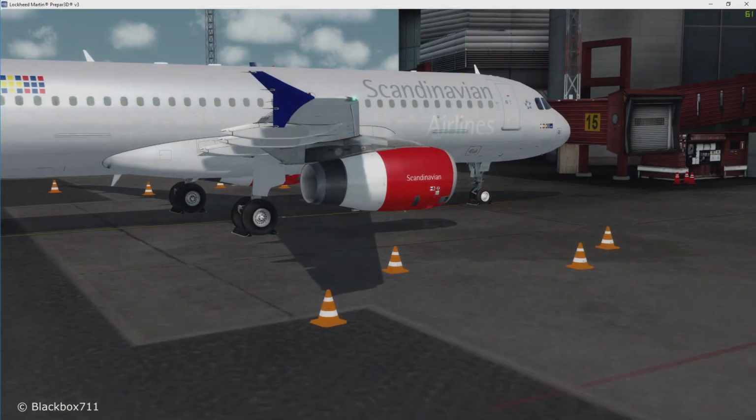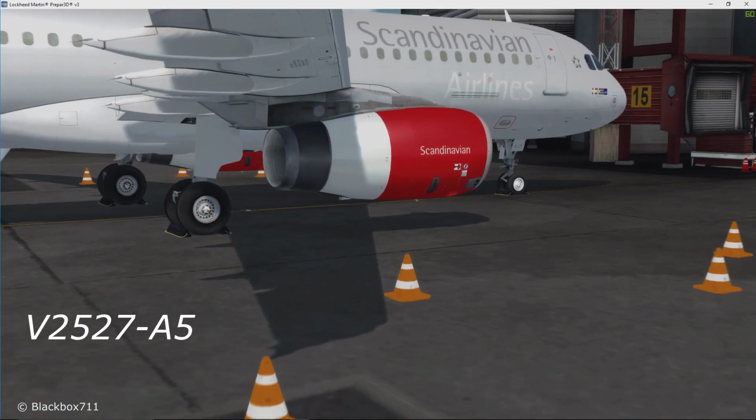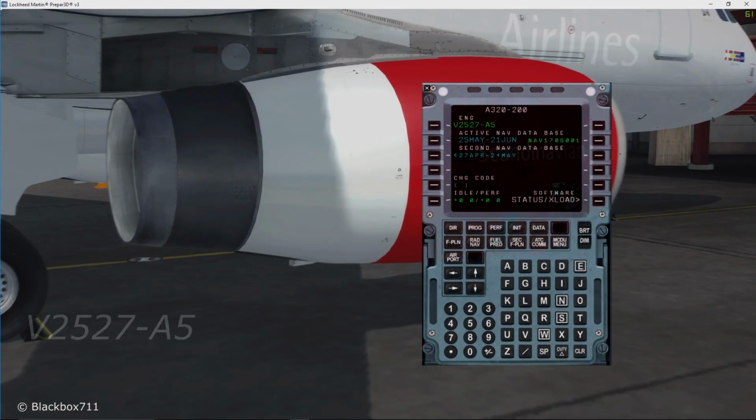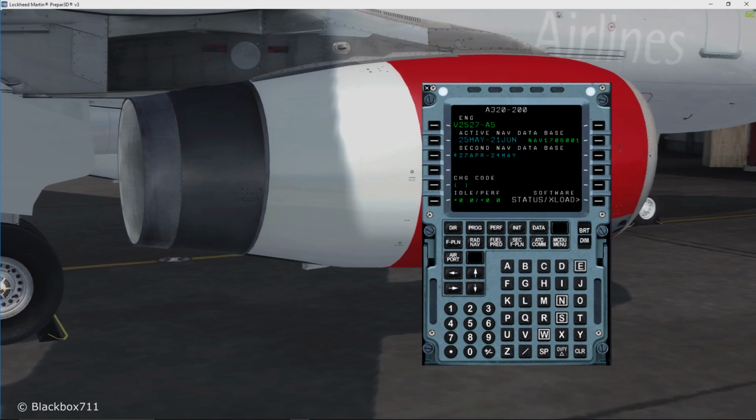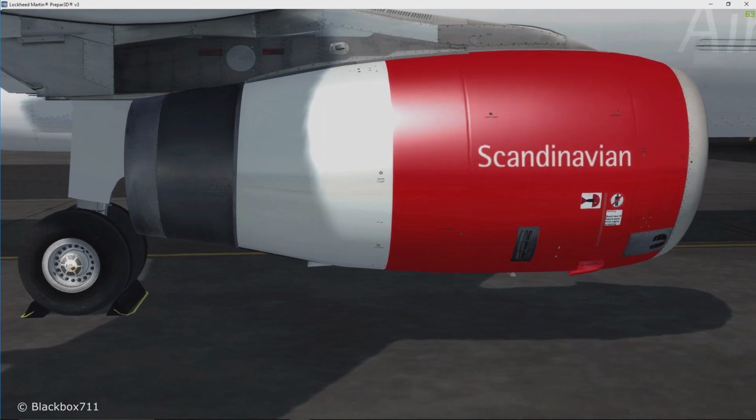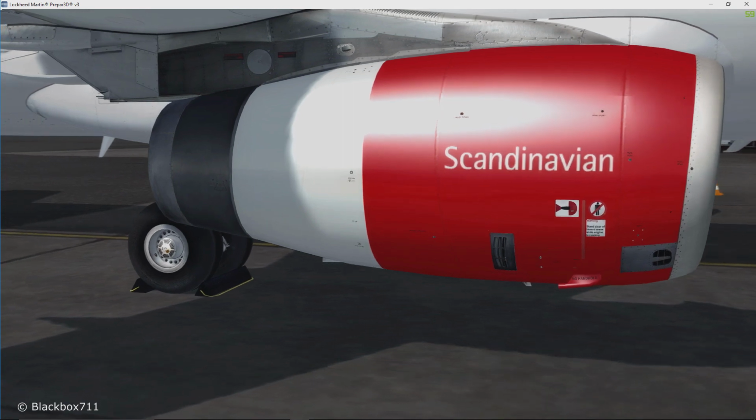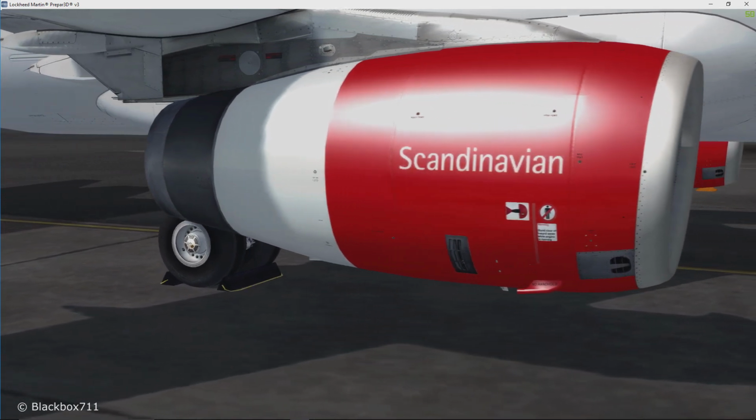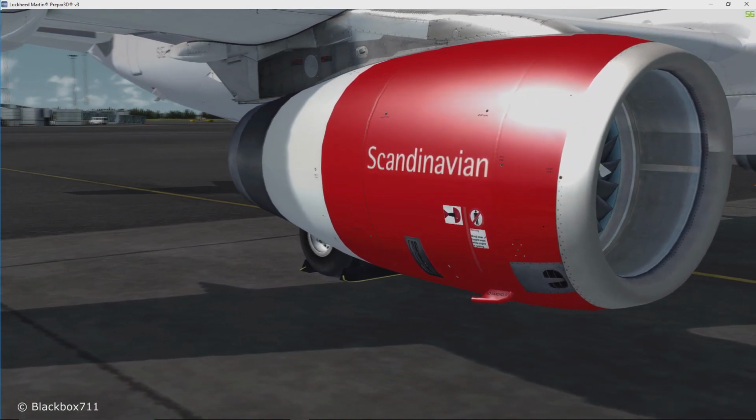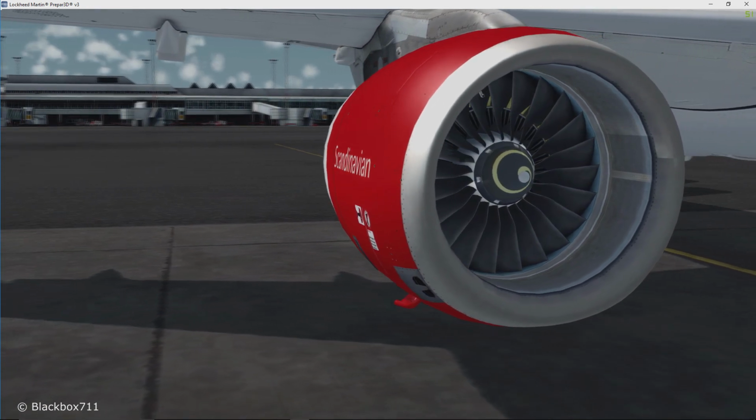Alright, so let us now have a look at the IAE engines. And they have the serial number V2527-A5. And again, you'll find this number in the MCDU under the data prompt. Now, this engine consists of a 4-stage low pressure compressor, followed by a 10-stage high pressure compressor, then the combustion chamber, and then followed by a 2-stage high pressure turbine, and the last part consists of a 5-stage low pressure